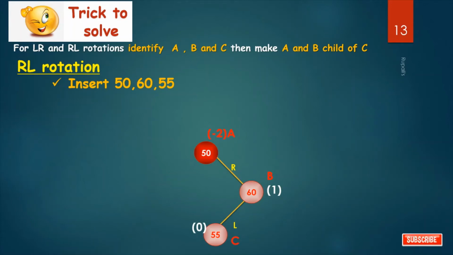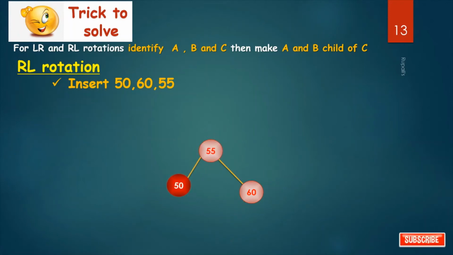After identifying A, B and C, you have to make A and B children of C. That is, you have to give one RL rotation. So make A and B children of C. So see, now check the balance factors. So in this way, you can give one RL rotation.